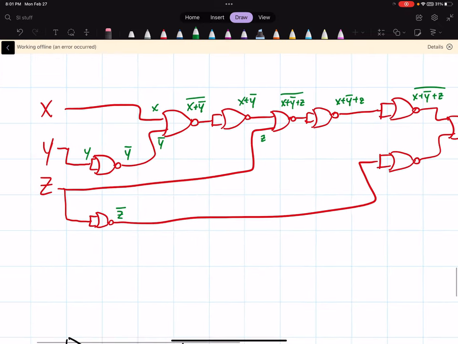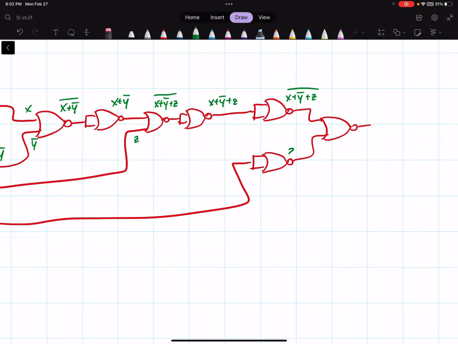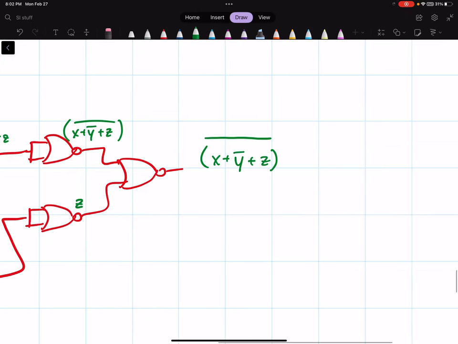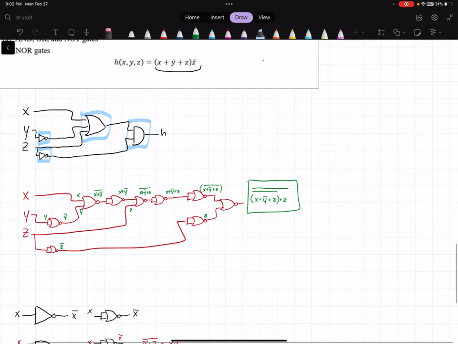And then if you look at the bottom line, Z goes through two inverters, so we're just left with Z again. So our final output should be X plus Y bar plus Z, and all those are NORed together. And then finally it's NORed with Z again. And then using this expression, we can make an even more simplified version,